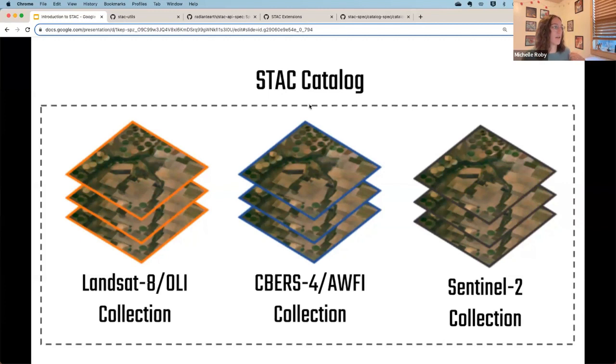And in this catalog, all of this data would be related in some way. In this example, it looks like maybe they're all in the same geographic area. So if you're doing a project on Dubai and you want to have many different data sources, that could be the project. But then within it, it's like, okay, but then I have my Landsat 8 data, my CBERS-4, and then my Sentinel-2, and it's all separated out. So just a way to categorize the data and organize it.